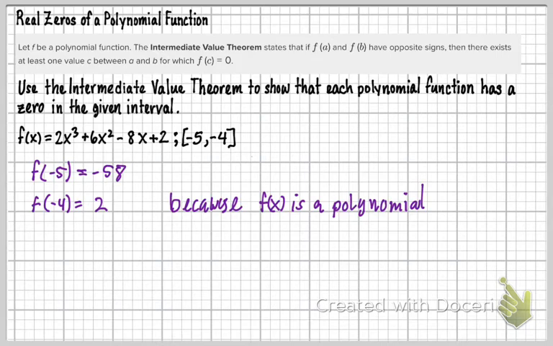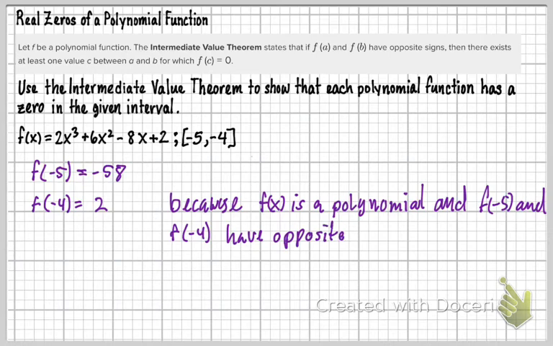So because f(x) is a polynomial and f(-5) and f(-4) have opposite signs,